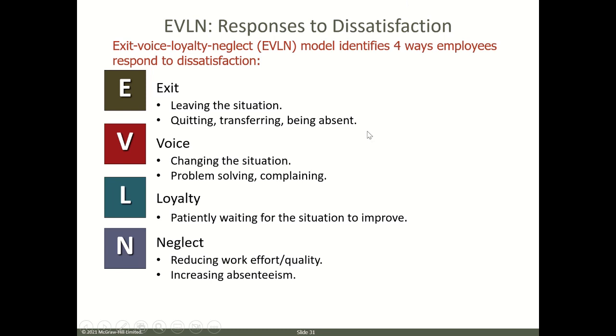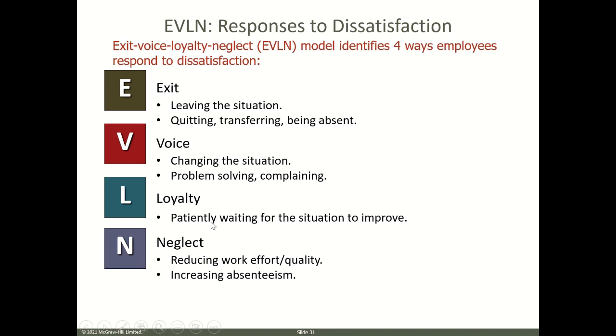Today I'm not going because of this. Next, voice. Sometimes in exit, some students don't show up in the class when there is a presentation, right? So they have some emotions, or maybe some bad situations. Voice is changing the situation or problem solving and complaining. This is the second response. They will voice, they will say, they will explain. I'm just complaining because of this, like it happens with me or in my environment, with my colleagues.